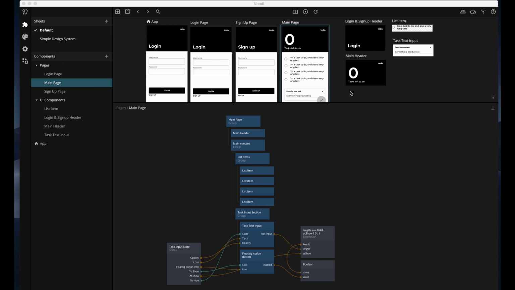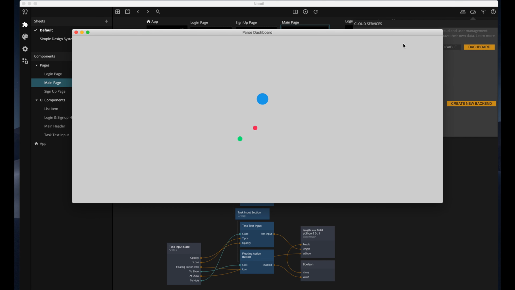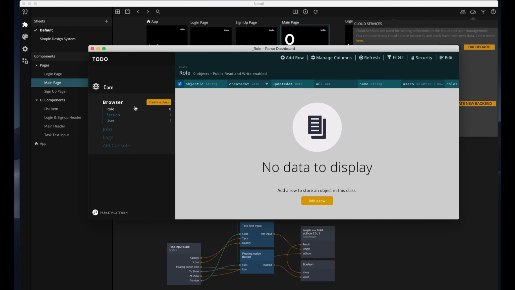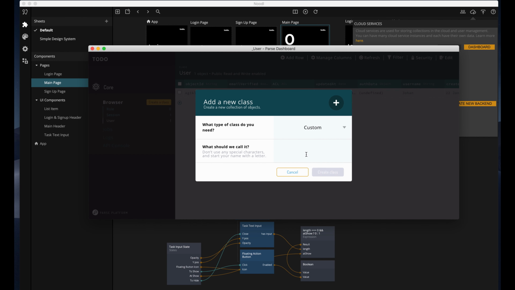So let's jump in and start populating our app with important tasks. I'm going to click the Cloud Services button so that I can bring up the dashboard for my app's backend. I want to be able to save tasks in my backend, so let's create a new class that can hold my tasks. Let's call it Tasks, no surprise there, and make sure that the type is set to custom like